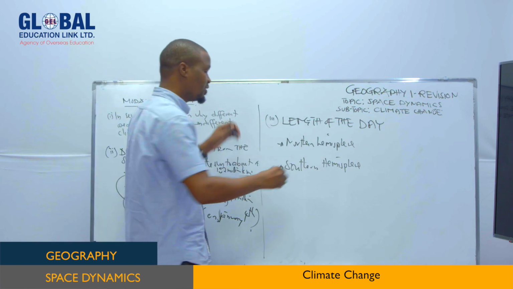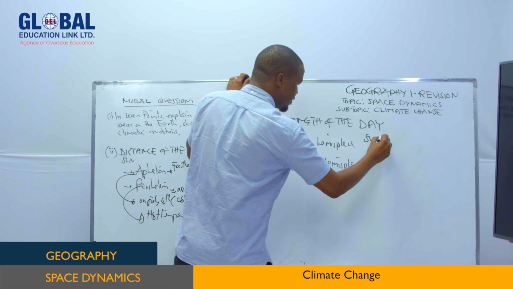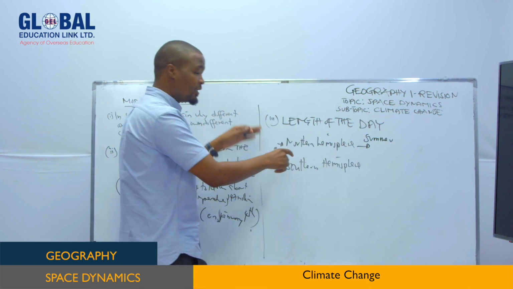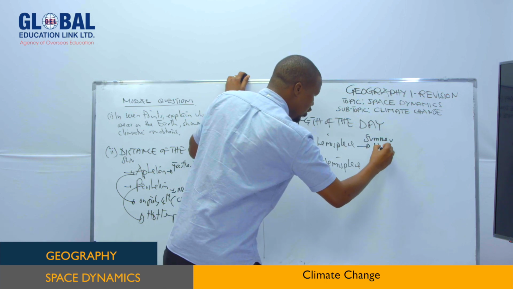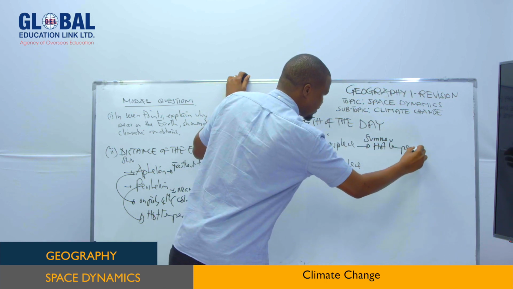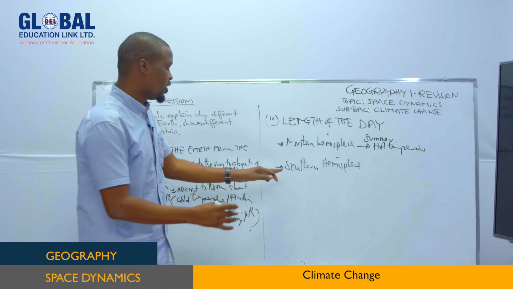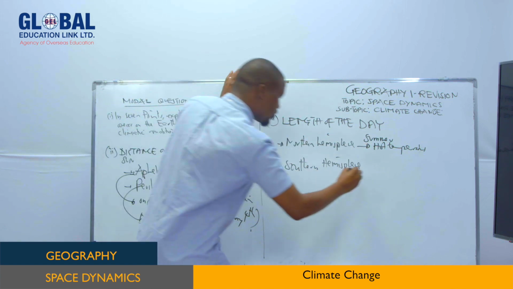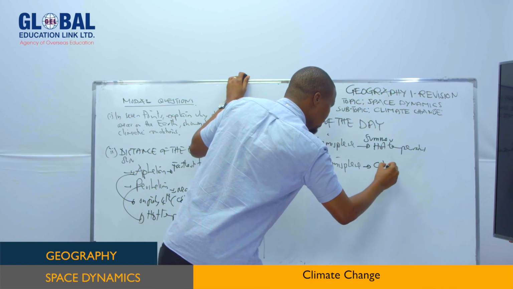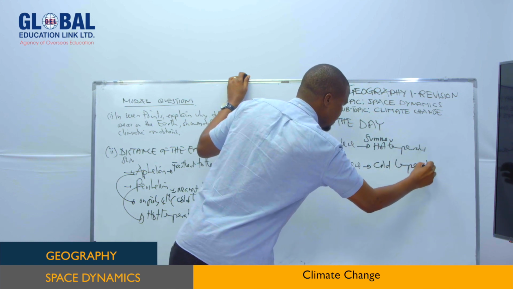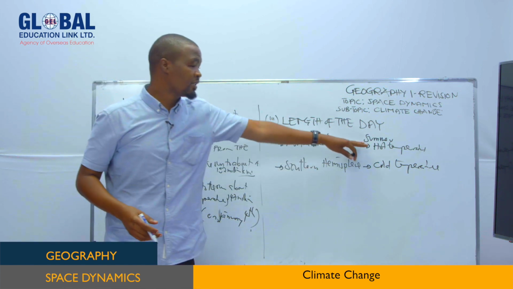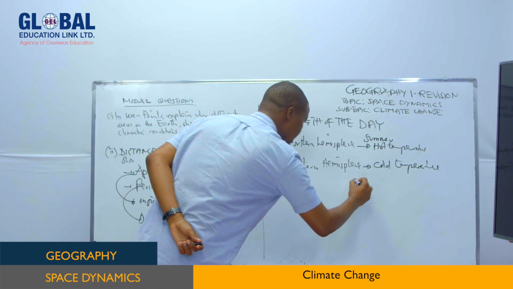So what happened? It means during the summer in the northern hemisphere, because days are longer than night, we will experience hot temperature. It means at the southern hemisphere during the summer, because days are shorter than night, we will experience the cool temperature. See why? Because days are shorter than night. This is during the summer. During the winter,